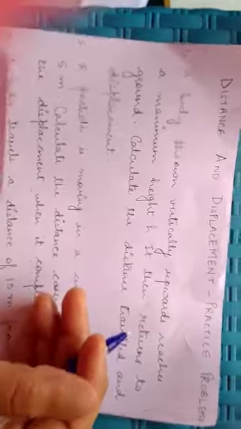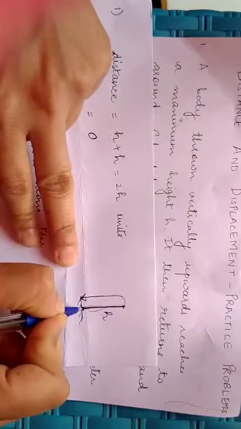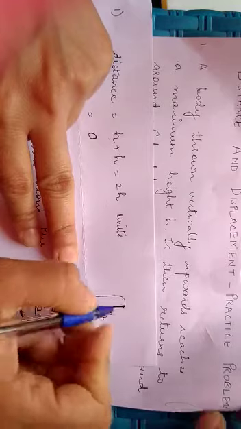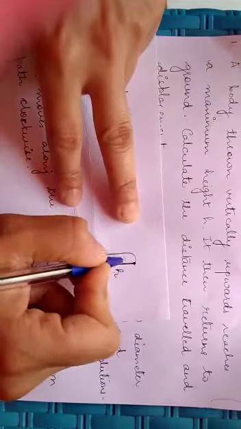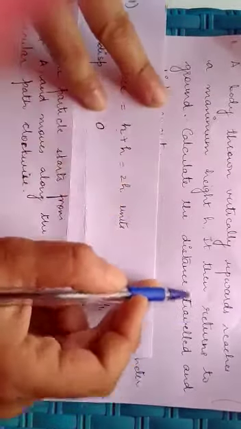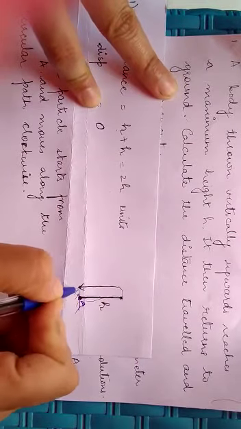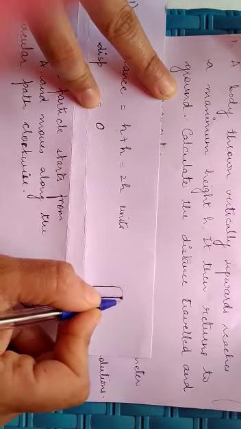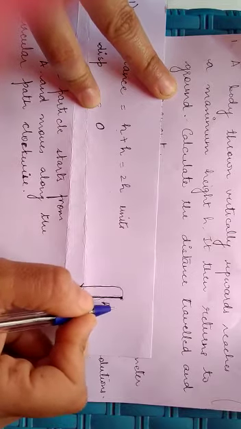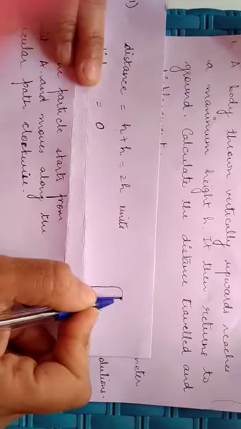See here, I have drawn the diagram here. A body is thrown from point A. It goes up to a height h and it reaches this point. After reaching this point, read the question, it then returns to the ground. It again comes back to the ground. So that means it has gone a height h in the upward direction and then again it has travelled downwards a distance of h units. So h upwards, h downwards.